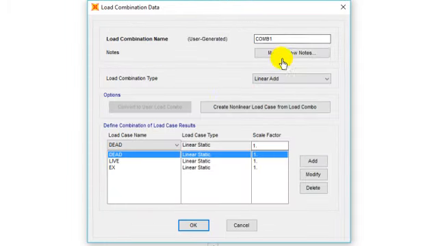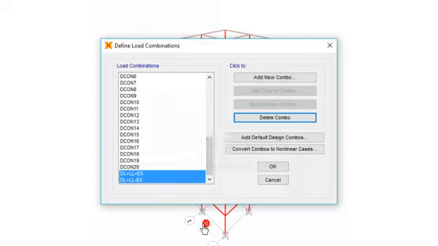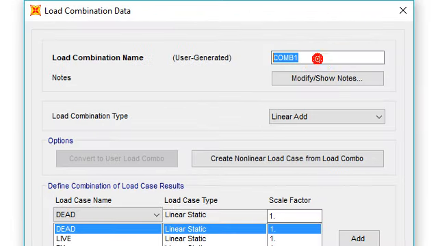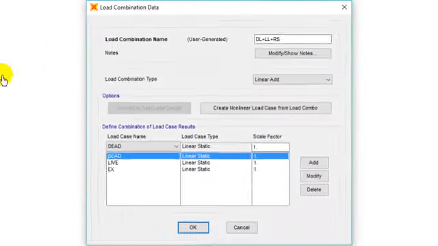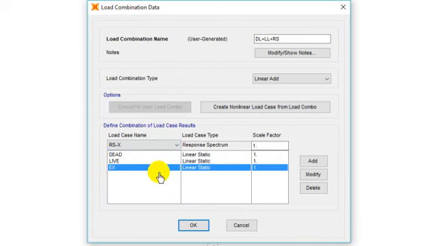Similarly, dead load, live load minus EX. Then dead load, live load, RSX. So in that, just select RSX.